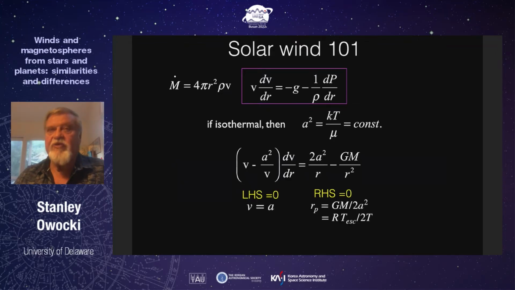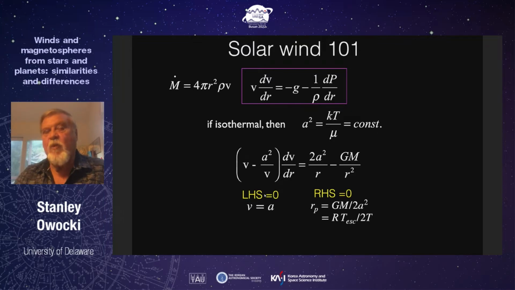So you can use that to solve and eliminate the density. And then you get an equation that has the acceleration, the velocity gradient times v. This is the inertial term. And then you have a part of the gas pressure, which then reduces also as an outward force. And on the right-hand side, the part of the gas pressure that's associated with the areal expansion is a positive